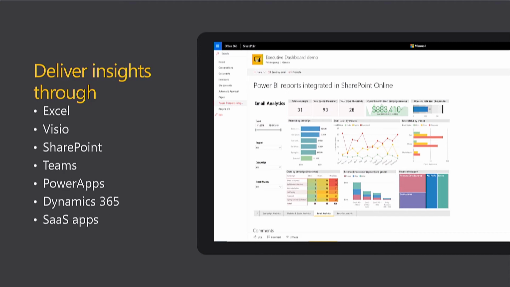Visio. Visio exists as a visual. It's a visualization type, and I can have a Visio flow, and I can tie it up to a Power BI report, and I can actually show the flow through. My demo would have shown that if I'd had the right access to that Visio file. SharePoint, you can embed it into a SharePoint site, you can embed it into a Teams channel, you can use